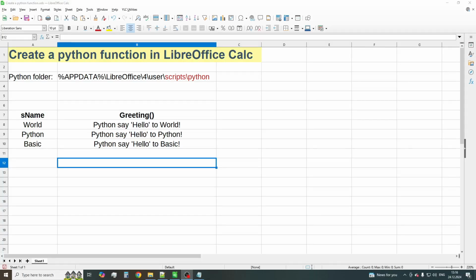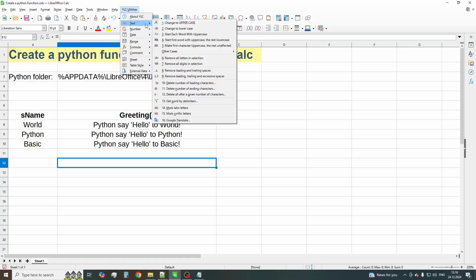If you need more tools and functions to facilitate your everyday task, you can use the YLC Utilities. YLC Utilities is an extension containing many custom macros that extend LibreOffice Calc functionality. The tools will simplify your work by automating and speeding up various tasks. You will be able to do action with many cells in one click. For example, changing letter cases,